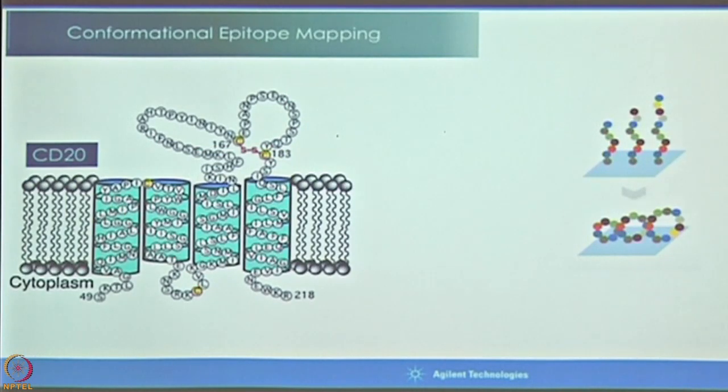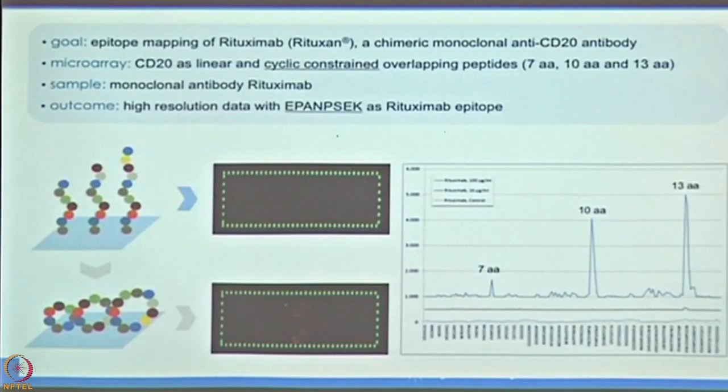So this is the circular one. Similarly, they look at the protein form in the extracellular region. They make it on a slide basically like this format. And now when they use this conformation and this conformation, they get the positive signal for these epitopes. But if it is linear, you don't see any signals, right? So that clearly shows that there are 3 different epitopes, amino acids 7, 10, and 13, right? Because they make the conformation the way the antibody is going to bind.